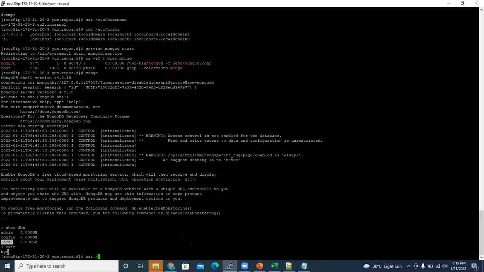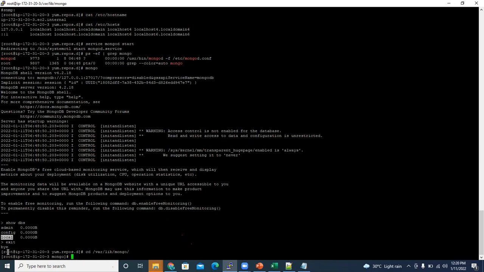Where is the default data directory? And this cd command is to change the directory, for the freshers. cd means it will take you to whatever directory you are typing. Okay, so the default directory is /var/lib/mongodb, correct?